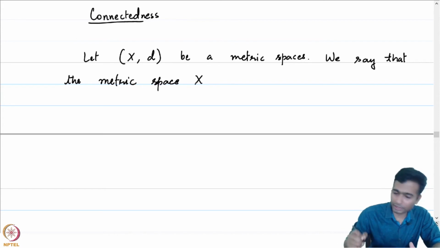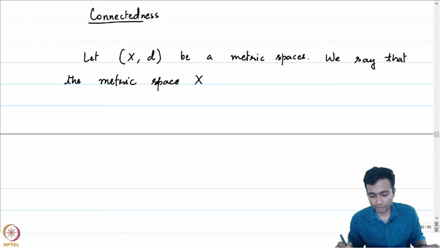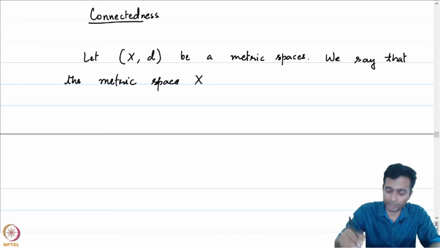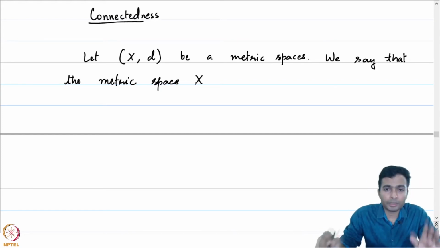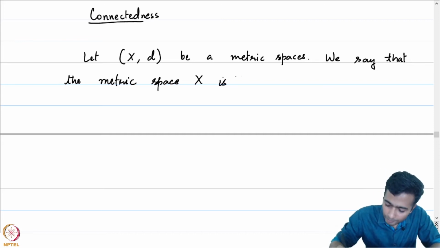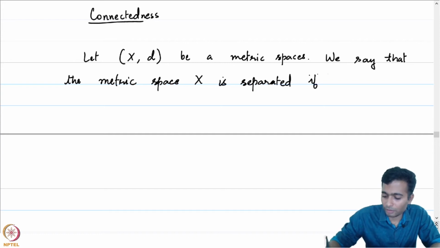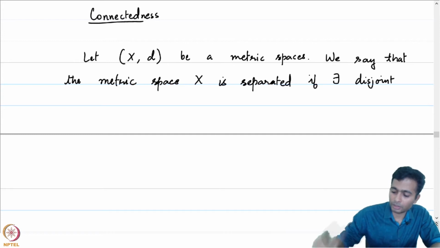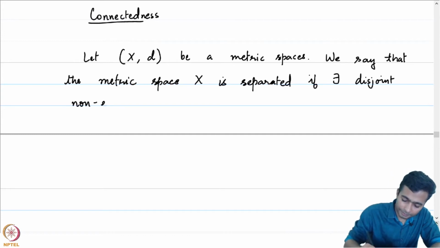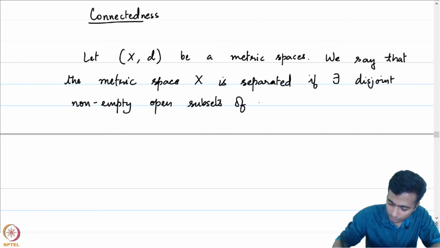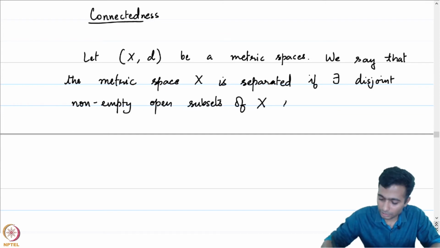When I say metric space X, there is an underlying distance function involved, the metric, which I will suppress, but there is always that metric at the back. We say that a metric space is separated if there exist disjoint, non-empty, open subsets of X such that